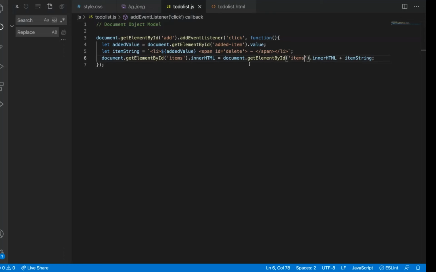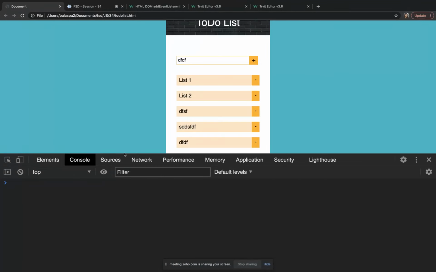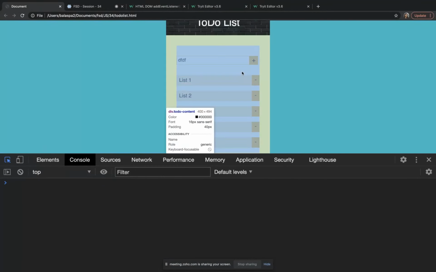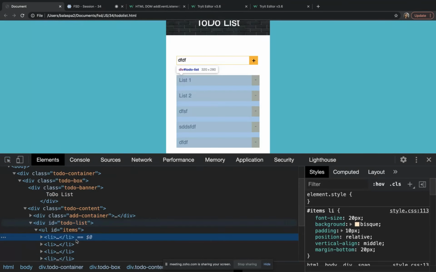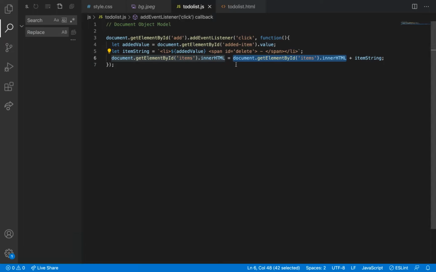So what we did is we are getting document.getElementById of items innerHTML. What it will do, it will get items. What is items here? Items is the UL tag. So it will get the contents inside the UL tag, then add this li to it, and then append that HTML inside of this items.